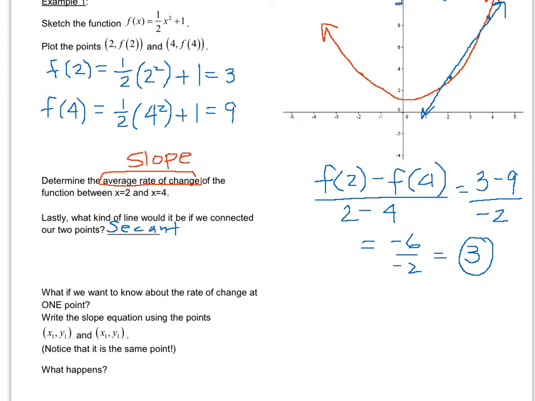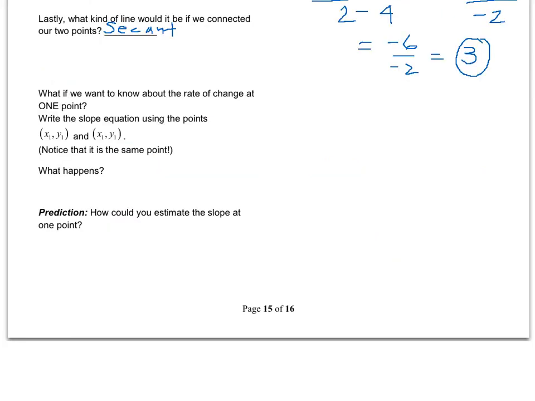But what do we do if we want to know about the rate of change at just one point? Okay, so we're gonna scooch up the paper here for just a second. So if we want to know the rate of change at only one point, I would ask you to write the slope equation using the coordinate points x1, y1, and x1, y1. It's the same point. So our slope, which is our AROC,